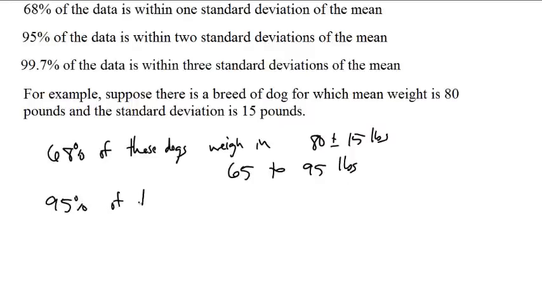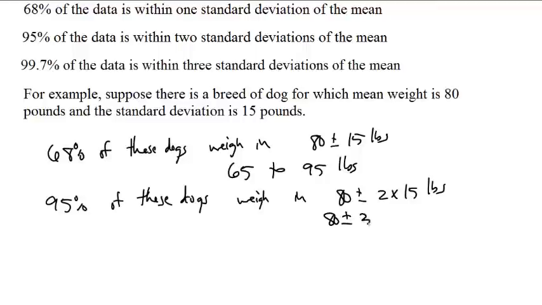95% of these dogs weigh in 80 plus or minus 2 times 15 pounds. That is 80 plus or minus 30 pounds. That is 50 to 110 pounds. And